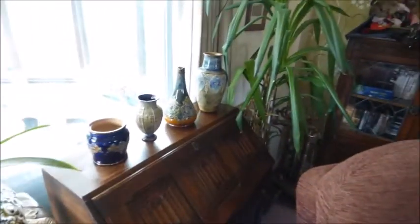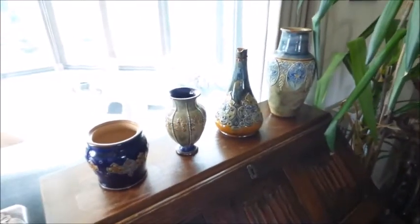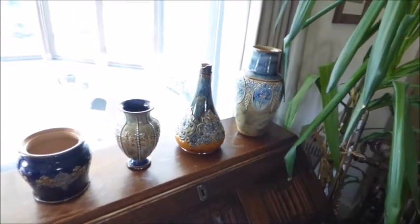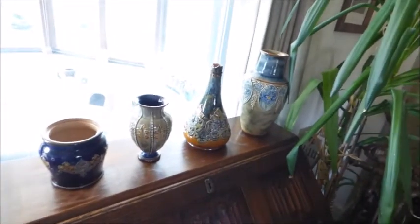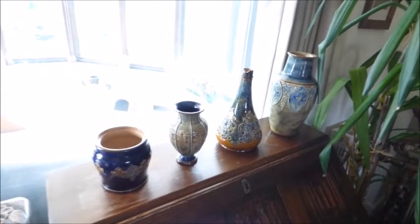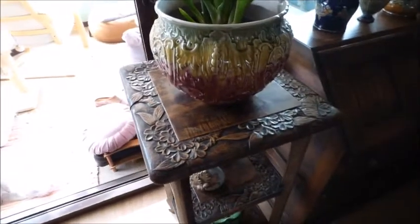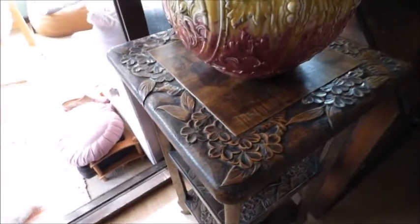This is my lovely little collection of Royal Doulton pottery that I've been collecting over the years. Some of it has been gifted, some of it has been wonderful cheap finds at antique and car boot sales. Again, here's another little table that we got for like a tenner at an auction. Beautiful carved oak stand. It's amazing what you can get at auctions these days. Don't ever buy furniture new. You don't need to. And here is the conservatory